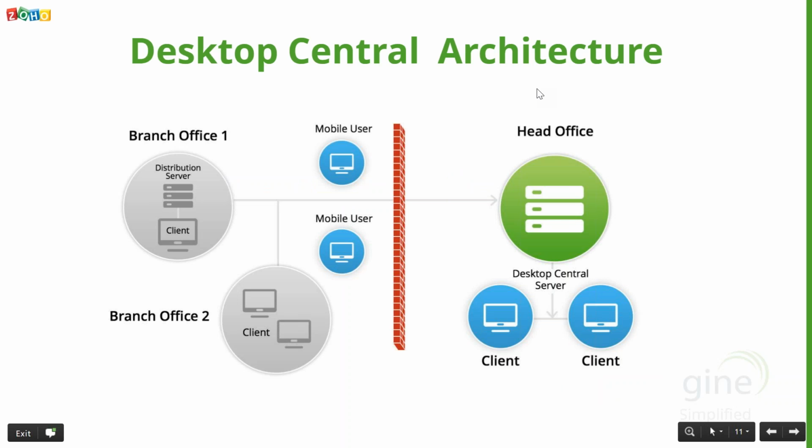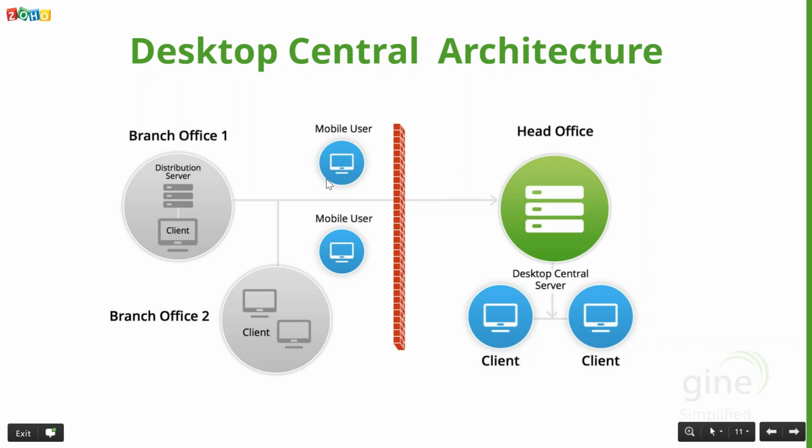All right, let's have a quick look at our Desktop Central product architecture. Desktop Central supports a client-server-based model, which means we have a Desktop Central server component sitting on one of your server machines, and an agent component on all the client machines you want to manage. The product supports managing machines across a local area network and a wide area network. If you have remote offices, you can manage the machines sitting in the remote locations. As well, you can manage